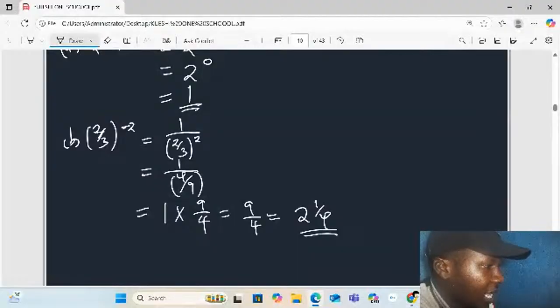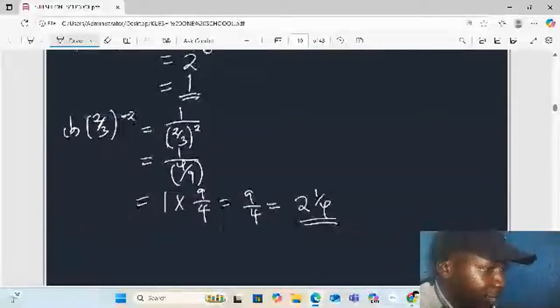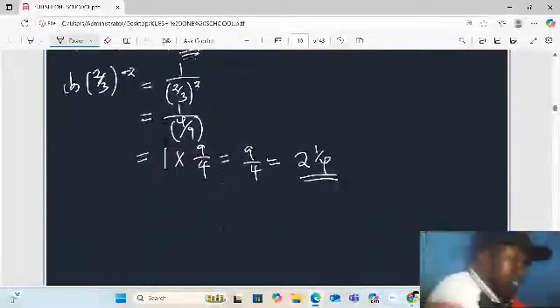So if you have a negative power, you have to find the reciprocal for you to do away with the negative sign, so that you remain with a positive power for you to work it out well. So in general,